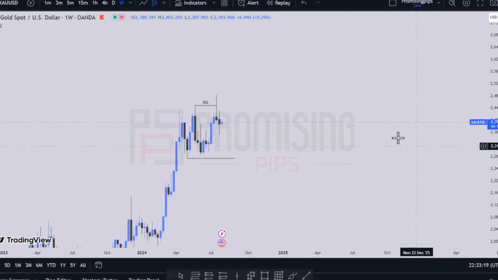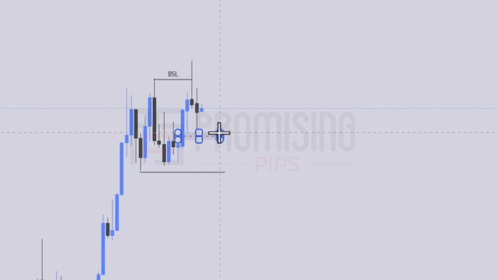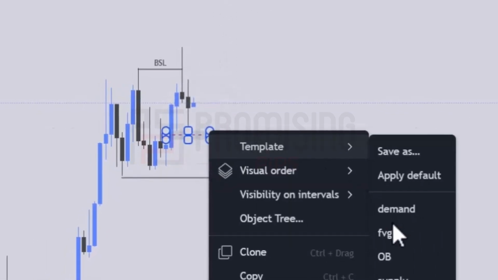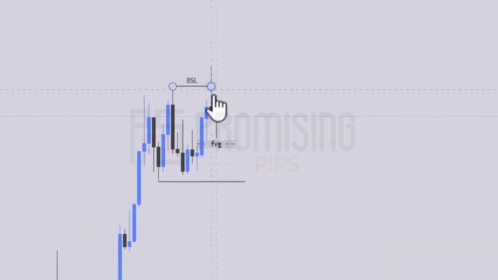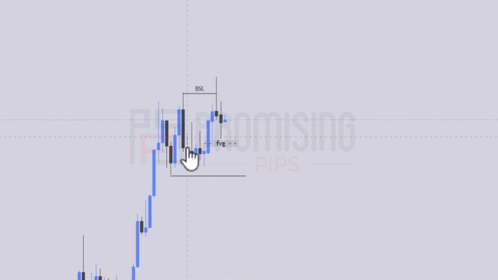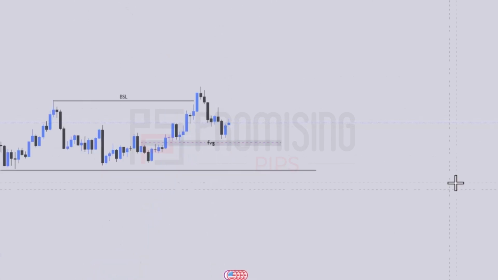Now with this leg, I am seeing a fair value gap here, right, on a weekly time frame. So I believe after this external liquidity has swept off, it's looking for internal liquidity since the market has been on the buy, right? So we move over to the daily.